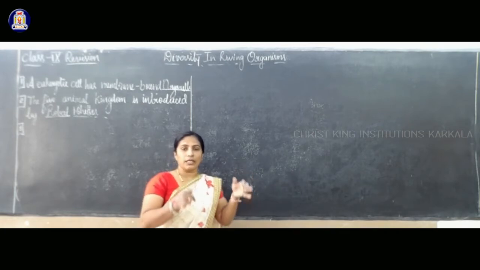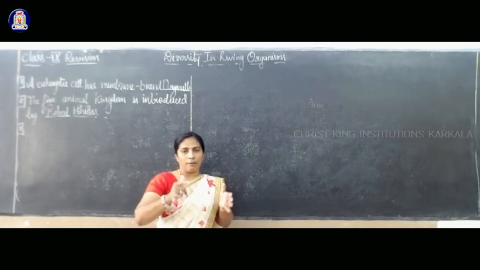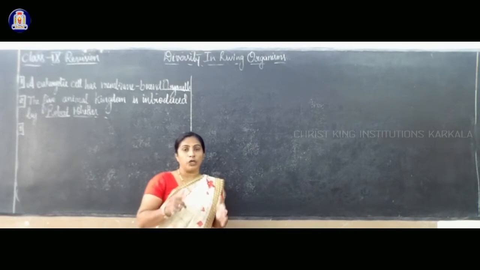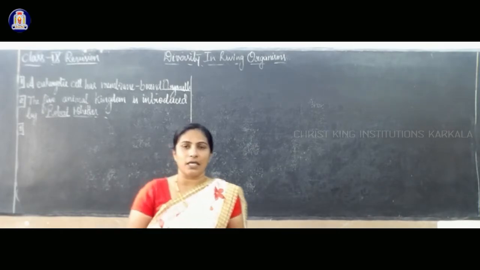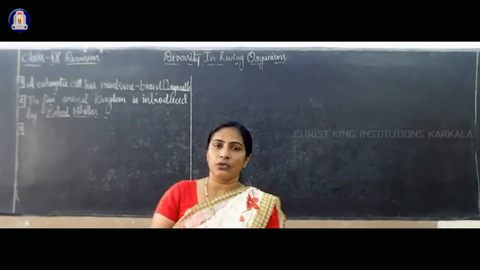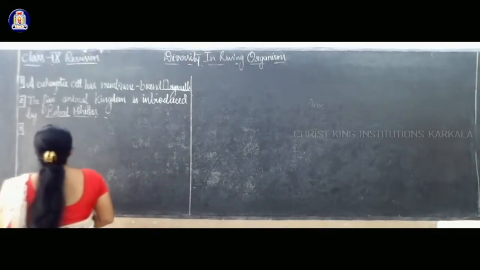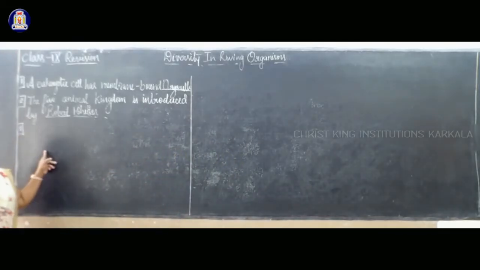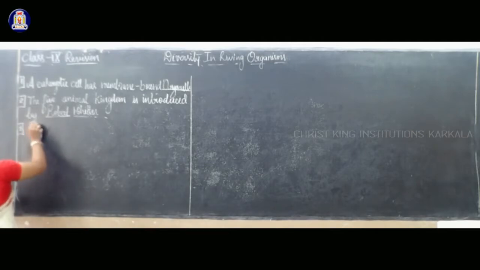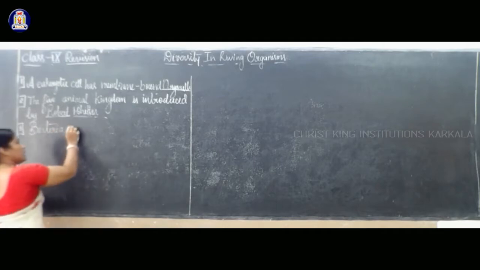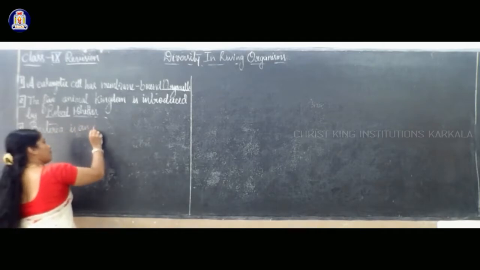Now, the third question. Now we are studying the main organisms, like kingdom Monera. Monera means single. It does not have a defined nucleus, no particular nucleus. Which organism? Monera. Bacteria is an example for